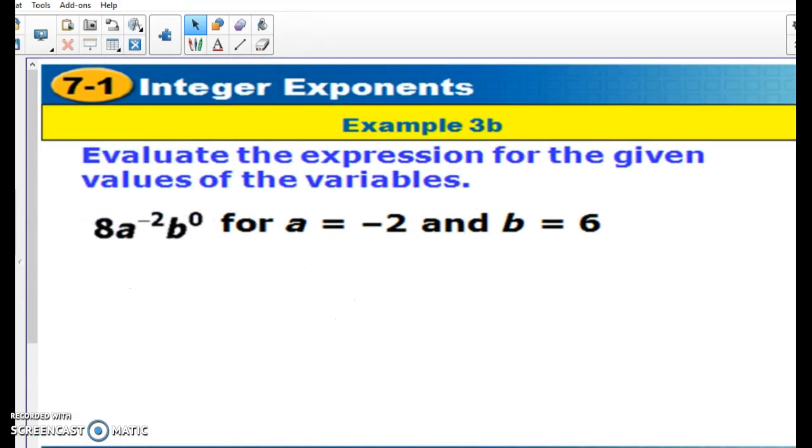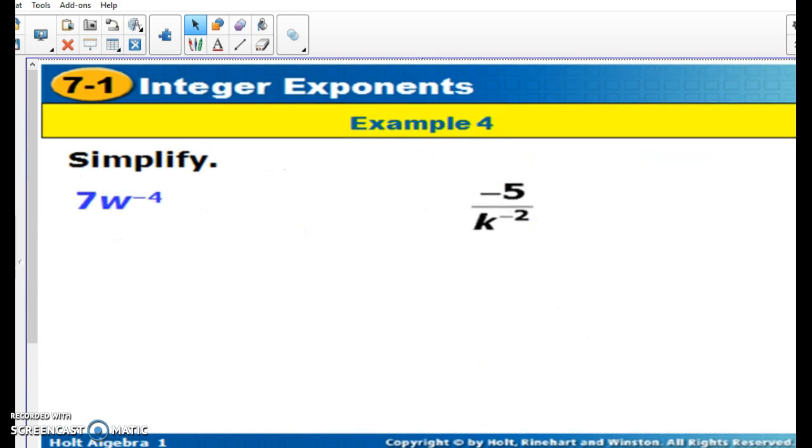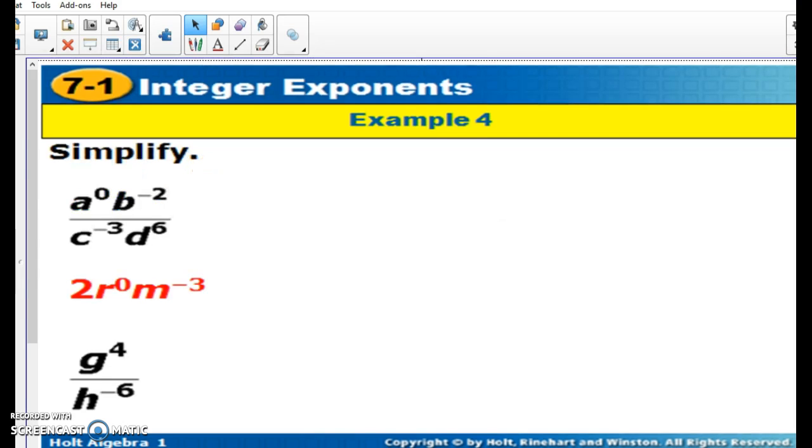Okay, some more problems like that just get a little more complex depending on what you're adding. And then we get into some of these that have some negative exponents here. So we'll see a problem like this. Pretty much the rule of thumb is if it has a negative exponent, it's going to switch from the top to the bottom or the bottom to the top. Okay, so if I have a problem like this one here,